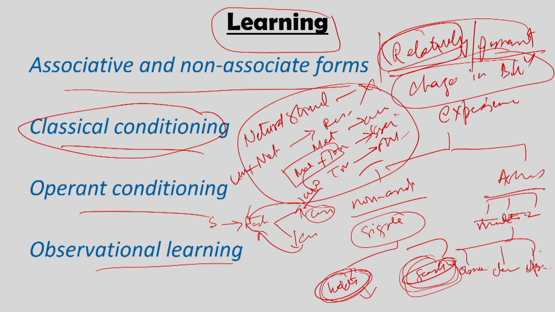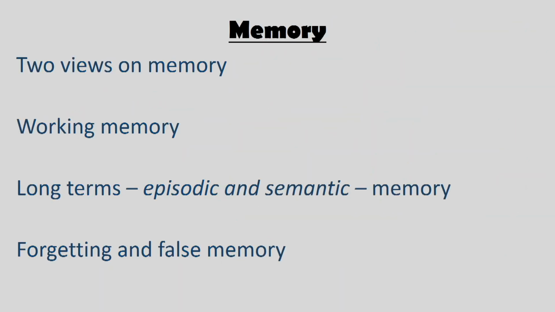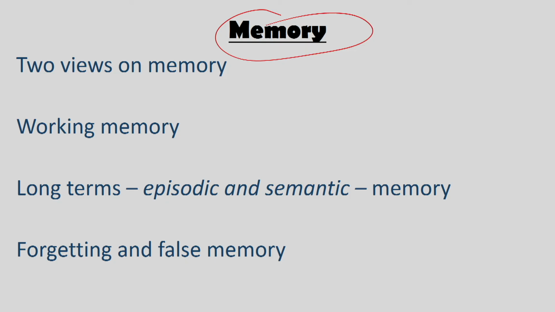So, that is called operational learning, and that is what we did in learning. Now, once something has been learned, once new information has been gathered, it has to be saved somewhere, and that is the process of memory. So, in memory we looked at how the information which has been learned is stored, where it is stored, and what kind of information is stored,